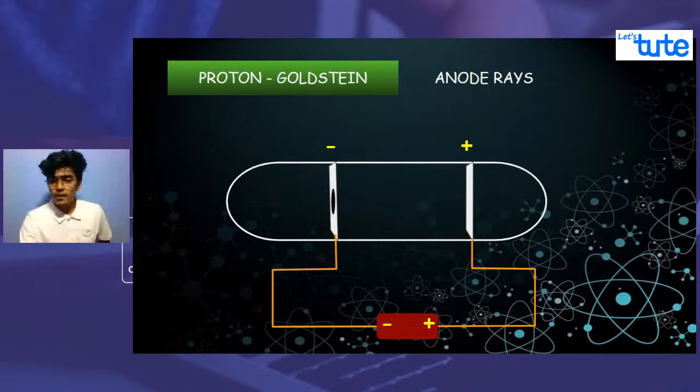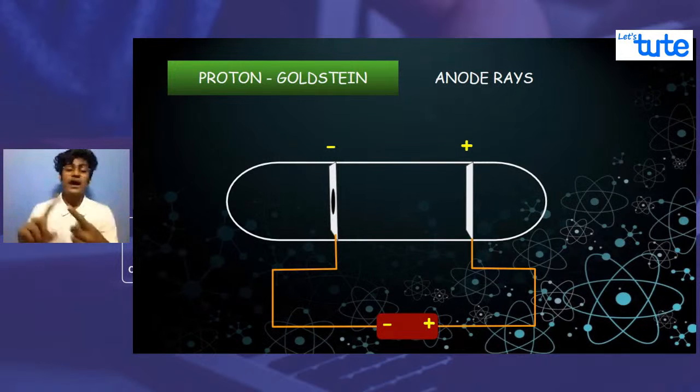For the atom's relative features, proton is positive and neutron is neutral. Yes, of course, Rabin, proton is positive and neutrons are neutral. We will understand about neutrons in further sessions, but today we will learn about charges, and charges simply means that it has some kind of charge, either negative or positive.